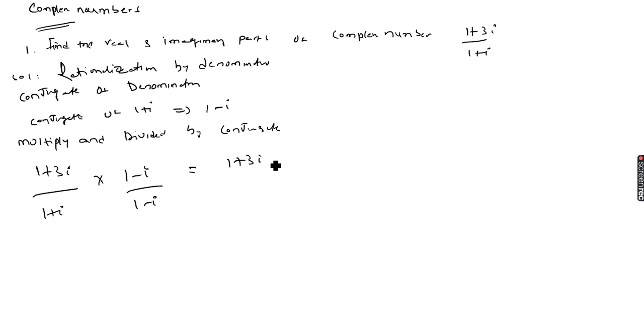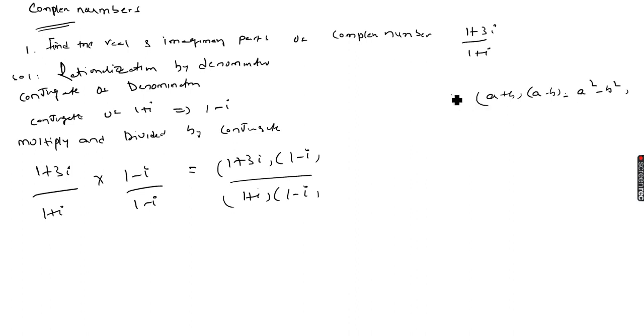So that is nothing but (1 plus 3i) into (1 minus i) by (1 plus i) into (1 minus i). We have the form (a plus b) into (a minus b), that is nothing but a square minus b square. We get 1 into (1 minus i) plus 3i into (1 minus i)